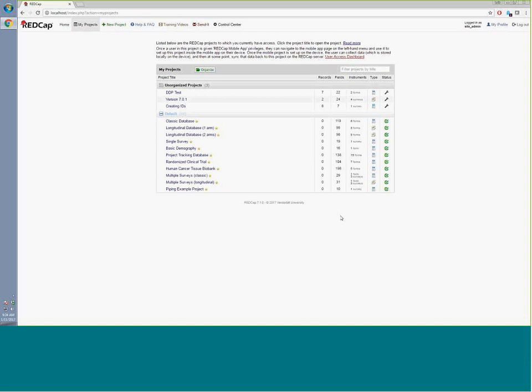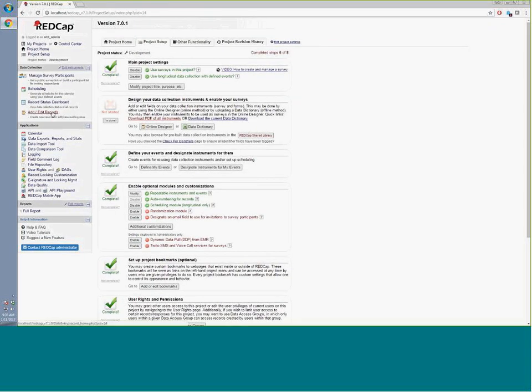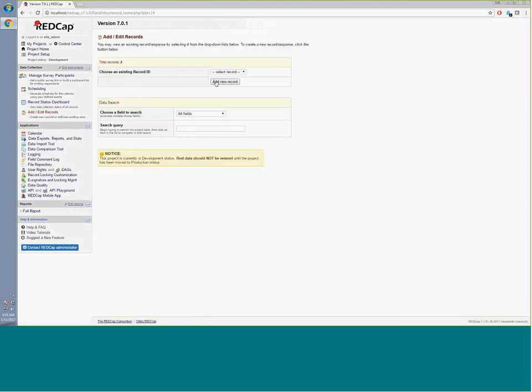So I want to talk about, real briefly, the add/edit records, or let's say record through here, and using the scheduling module. Can somebody tell me what's the difference? No? Okay. To enable the scheduling module,